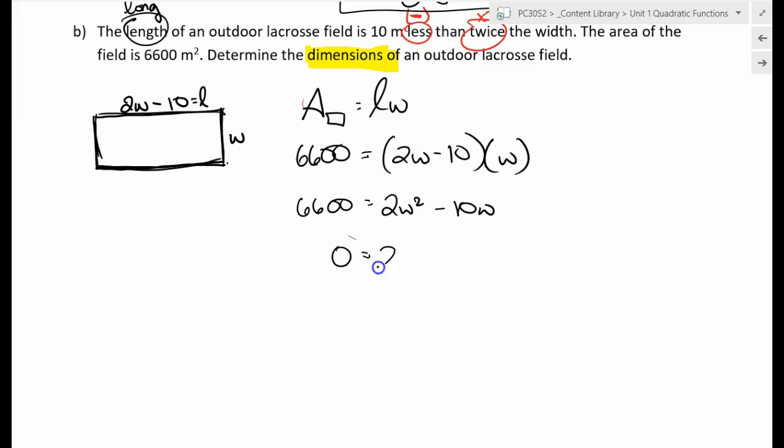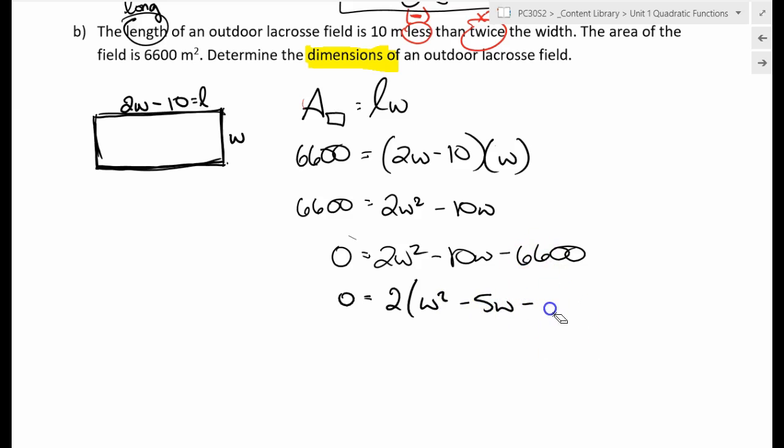We've got 0 equals 2 widths squared minus 10 widths minus 6,600. I've got a greatest common factor here. And again, I moved everything to the right this time so that I would keep my squared term positive. So I get 2w squared minus 5w minus